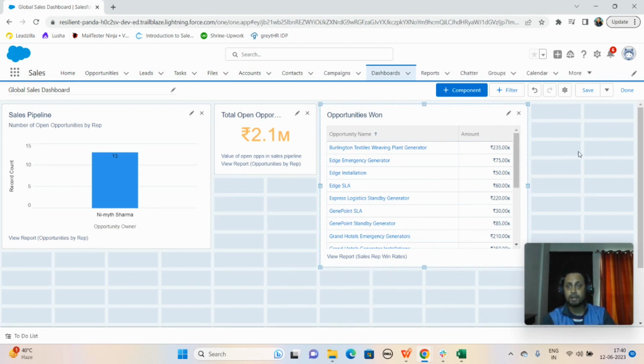ठीक है. Now after this we'll click on save. वही फंडा है, ऊपर है save, क्लिक करो बस. So your report, your dashboard has been saved. Okay. So again, now we have to